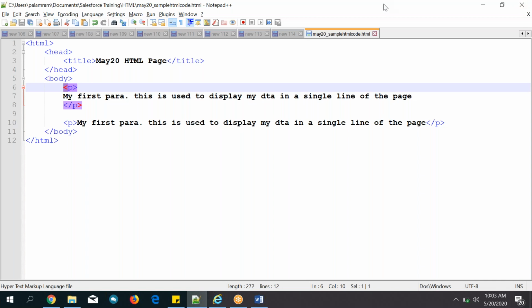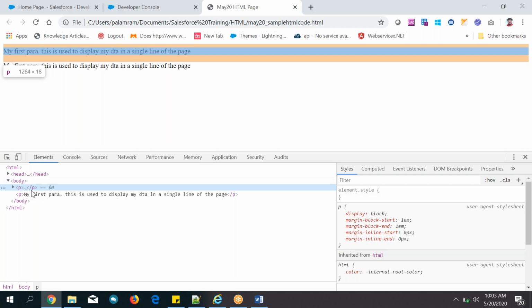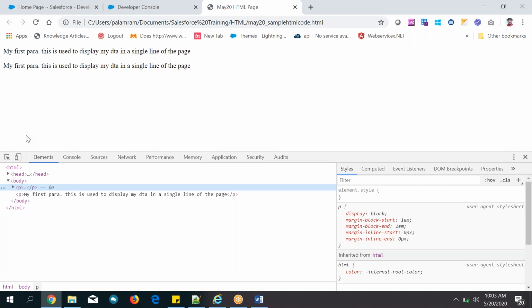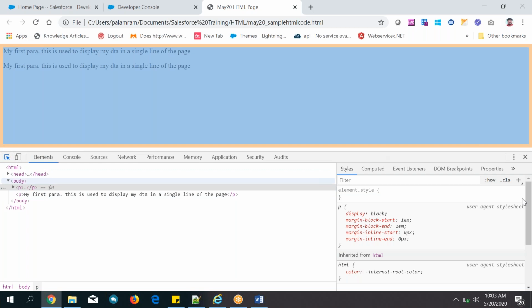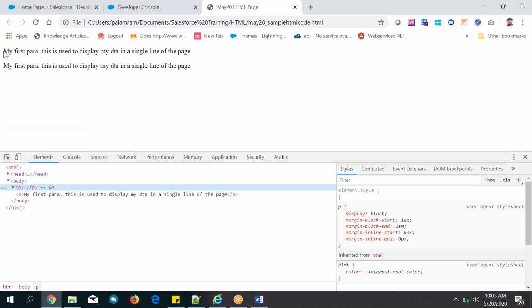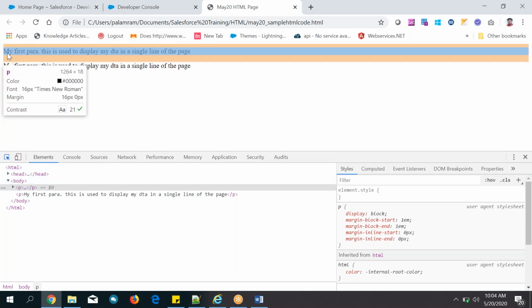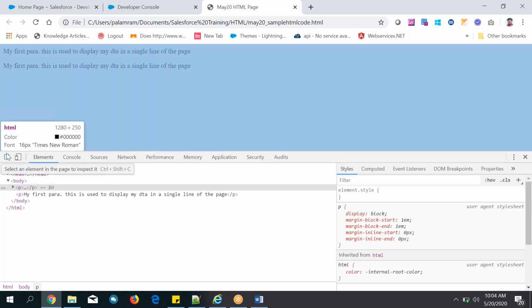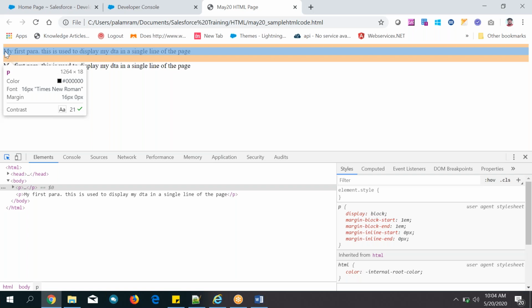The same way, when these paragraph tags were invented, they act like this. You can see here, left to right full space is provided, and the top and bottom some space is provided. So think of the paragraph like a rack, the space is provided like this. Don't worry about how to inspect all those things, I will tell you in CSS. Just to see what I'm showing, that's it.